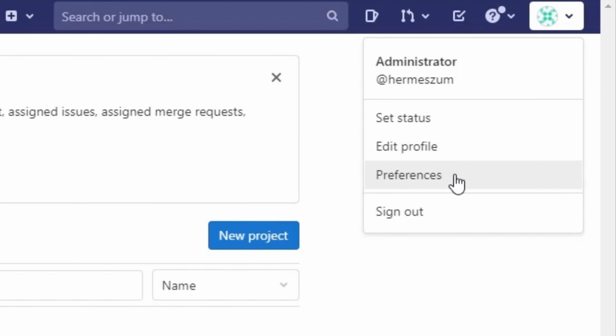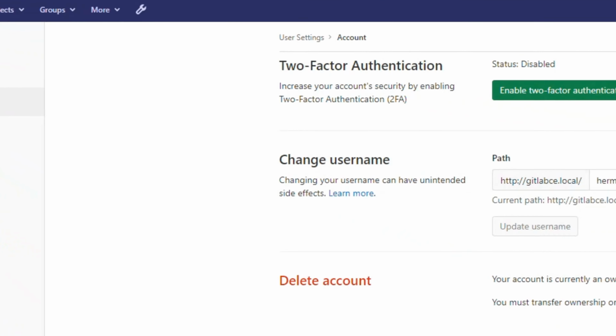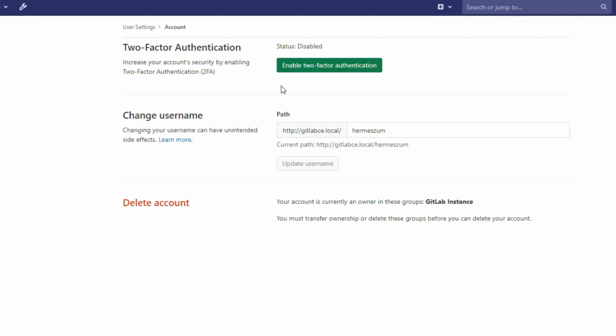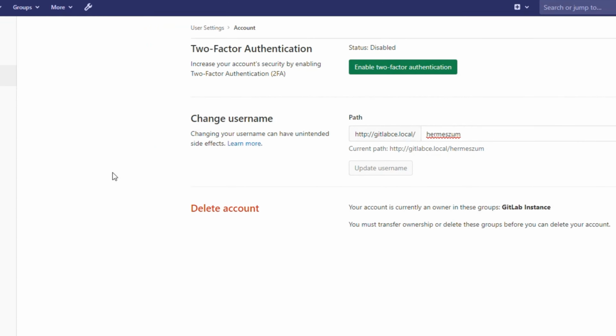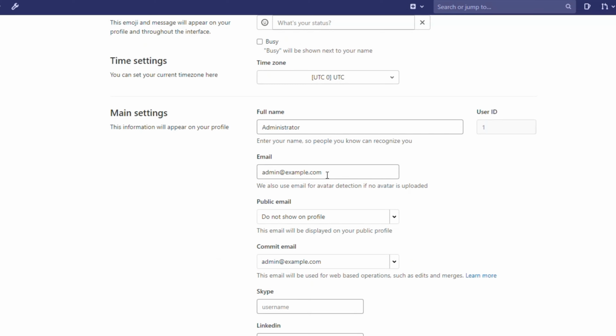Now we go to preferences, account. You see, we can enable two-factor authentication, but this is a local GitLab Community Edition, so it's not necessary. Profile, we can choose another email. Change our name.